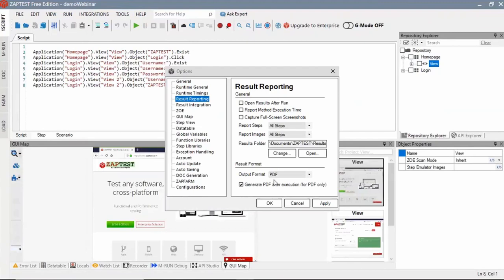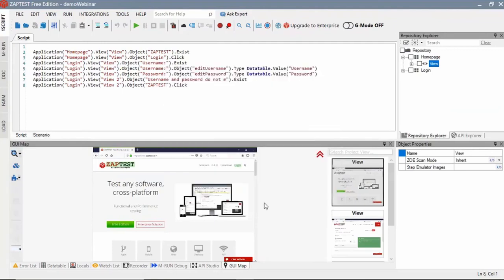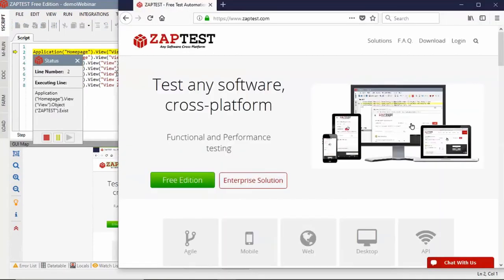And I will switch back to the HTML result format. Okay, second option available here is what we can use to report method execution time. If I select this option and save my options and rerun my test,